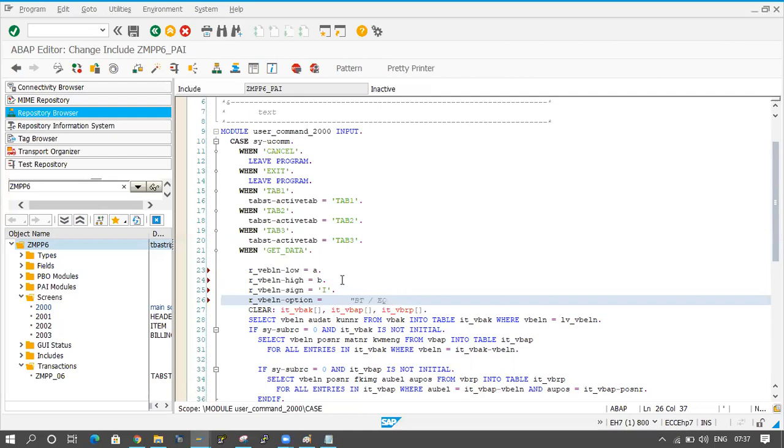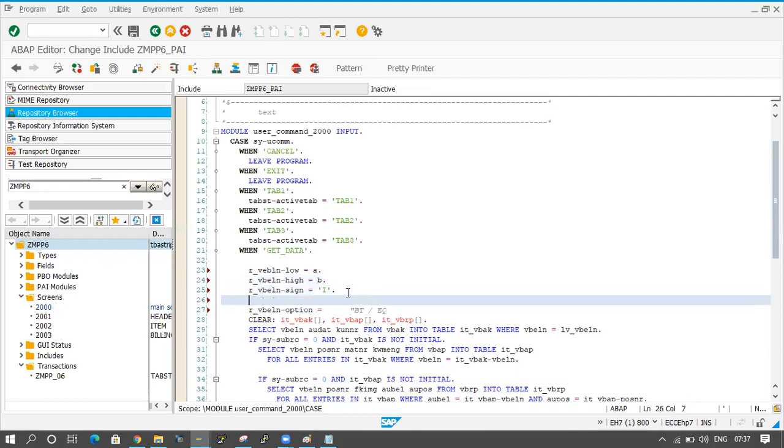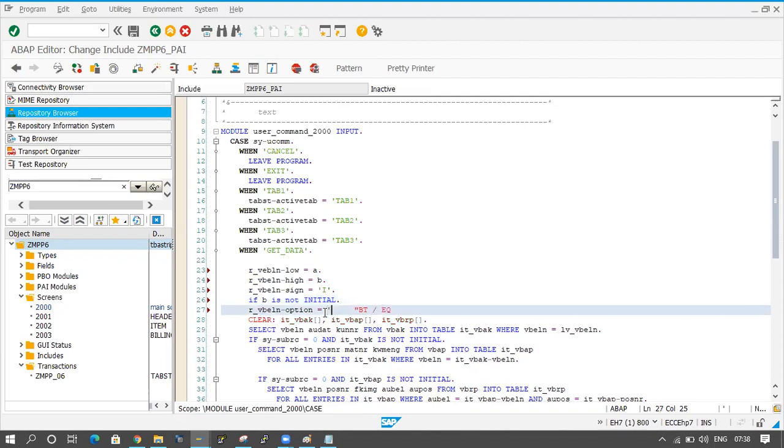If you give some value in B, then the option will be between. So I will check here if B is not initial, meaning if some value is there in B, then it should be between here.